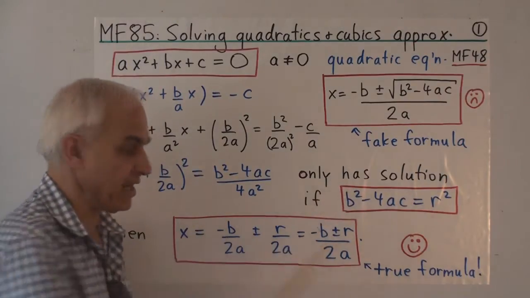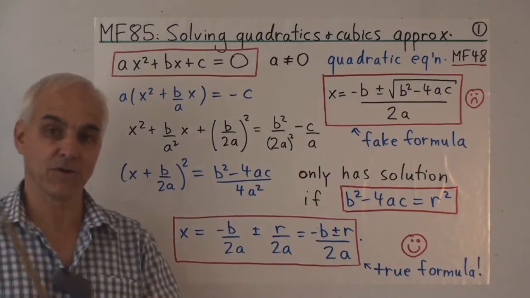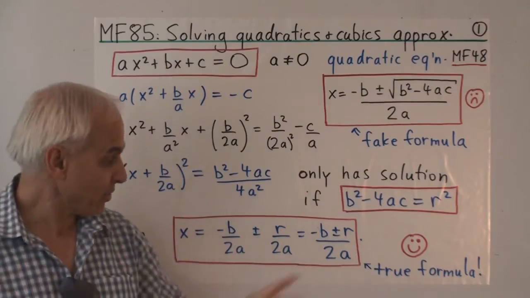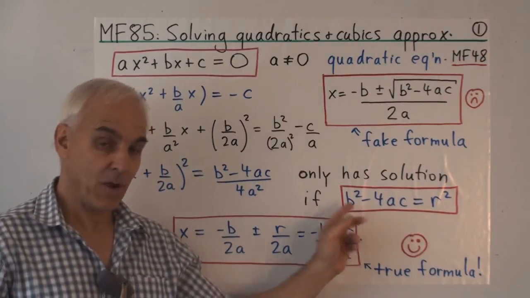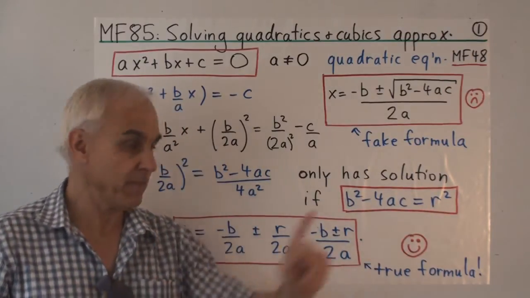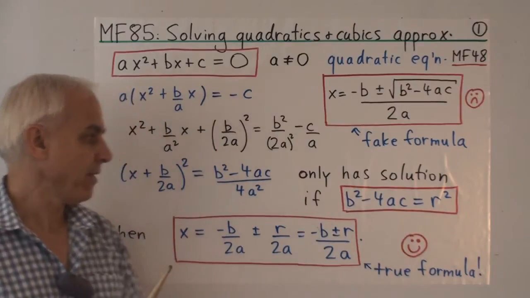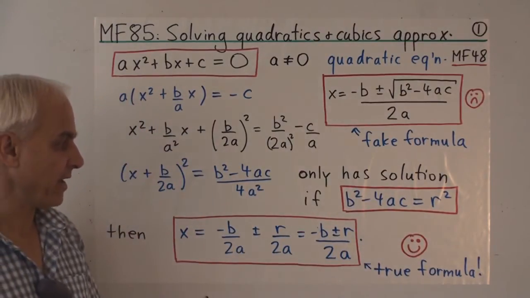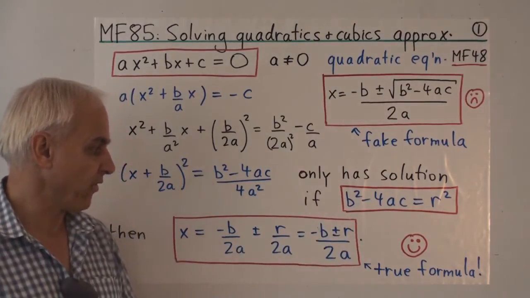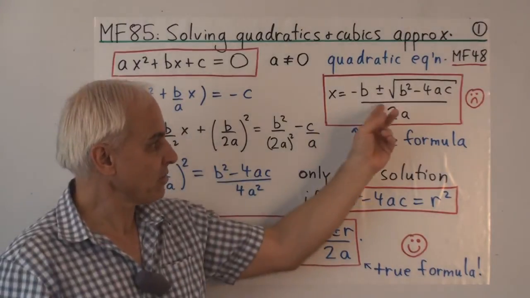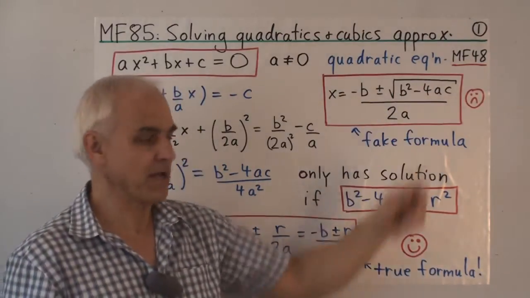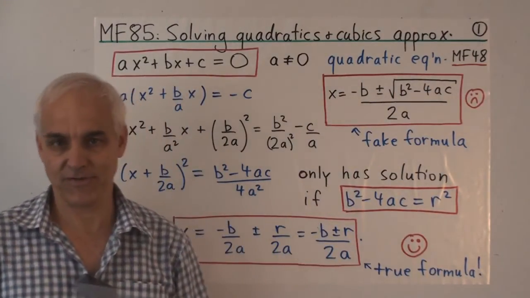If b squared minus 4ac is not a square, then there is no exact solution. But there still might be approximate solutions. So as long as this thing is positive, we can find numbers r which maybe don't square exactly to this number, but which approximately do. And so that's the interpretation of the formula in that case. It's minus b plus or minus an approximate square root of b squared minus 4ac, over 2a. If we interpret this to mean a number which has the property that if you square it, you approximately get b squared minus 4ac, then it makes reasonable sense.